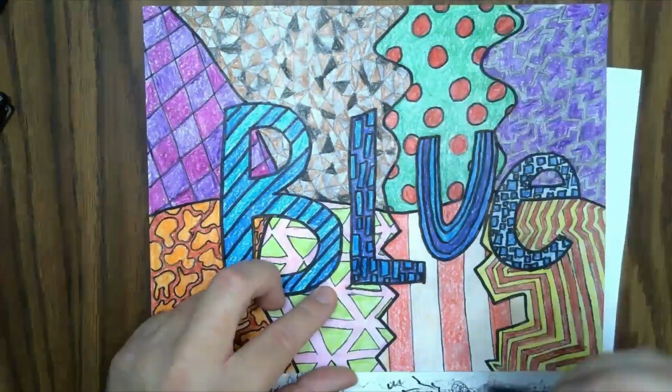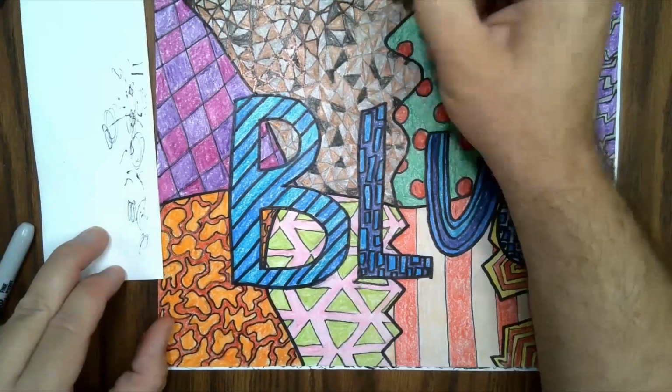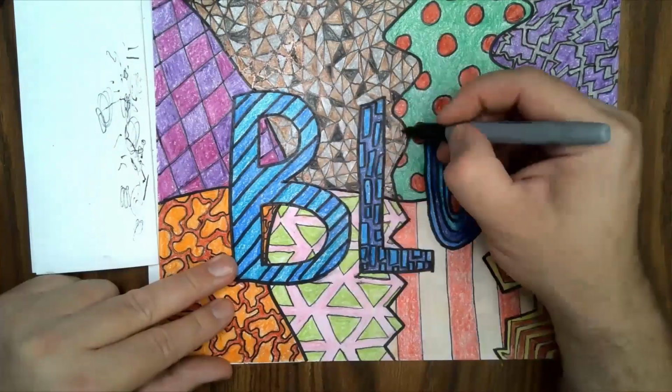So sometimes students think that it's clogged or dried out, and it's not dried out, it's just clogged up with a little bit of wax on